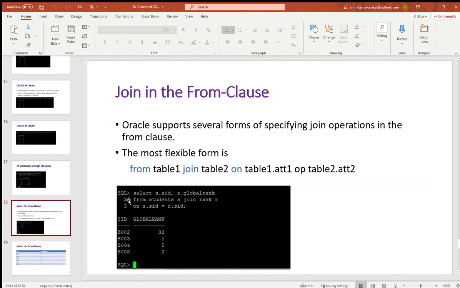So what we are going to do is use a select query, select clause. We are going to join these tables, our table and that rank table, like table 1 and table 2. We are going to use a join clause, and we are going to put some condition which will give us the result. So here is a query. Select s.sid, r.global_rank,